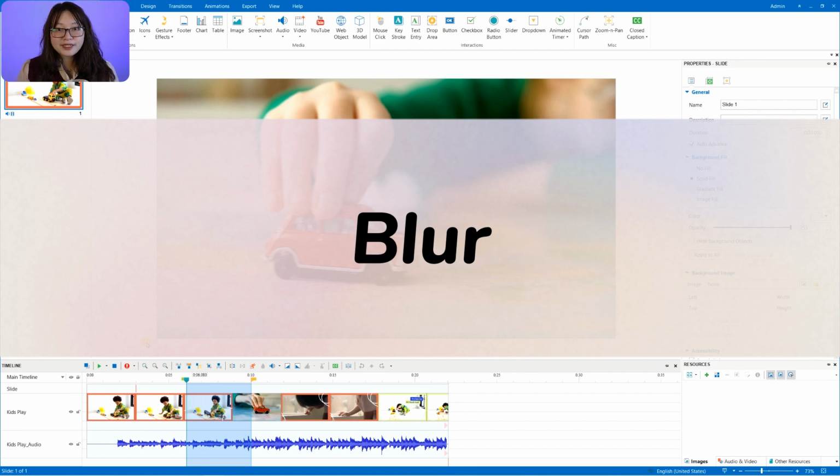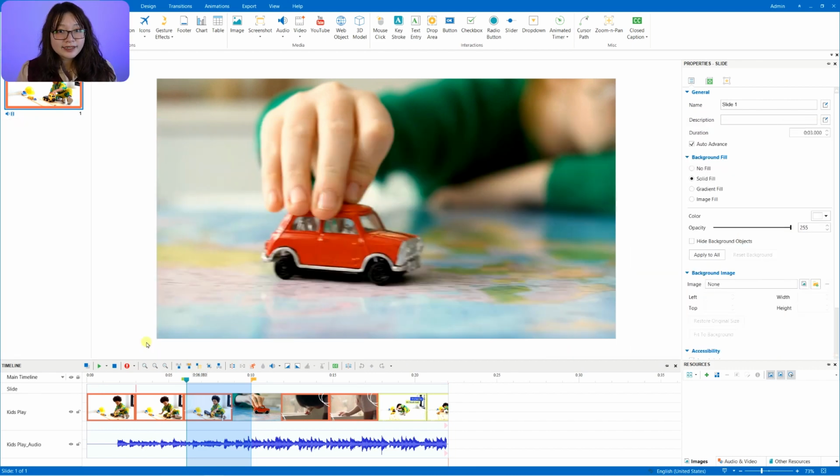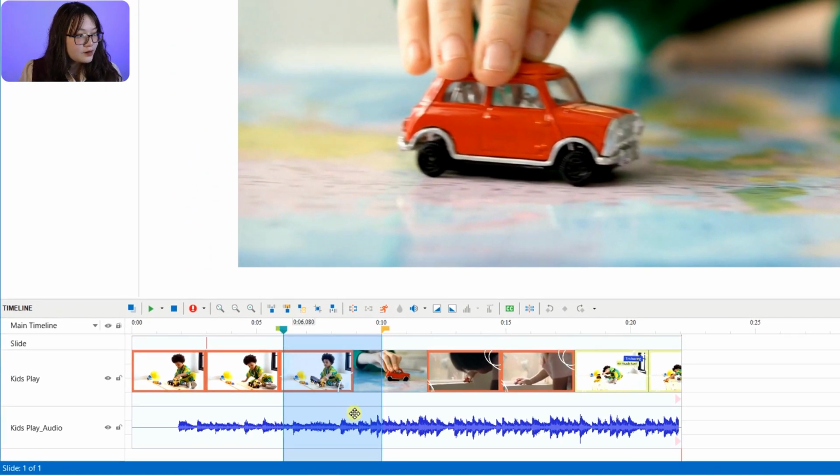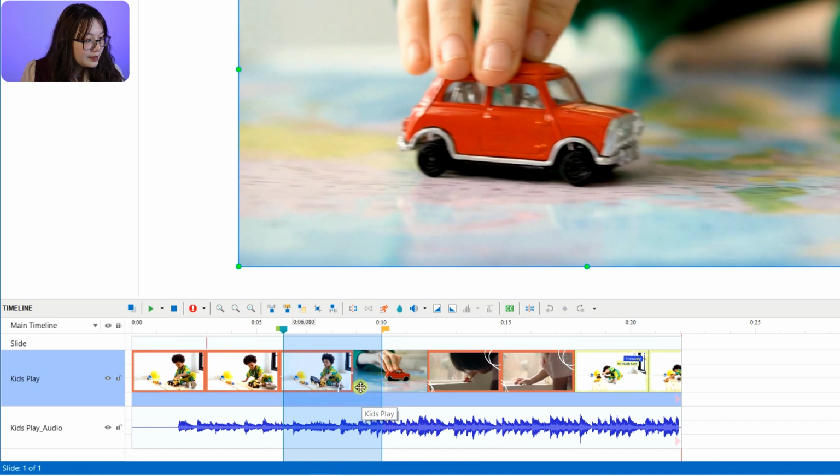Sometimes your video might include some private or unnecessary information that you want to hide, and this feature is especially useful in those cases. Easily blur the information by selecting a range of the video on the timeline pane. Then click the Insert Blur Area button.